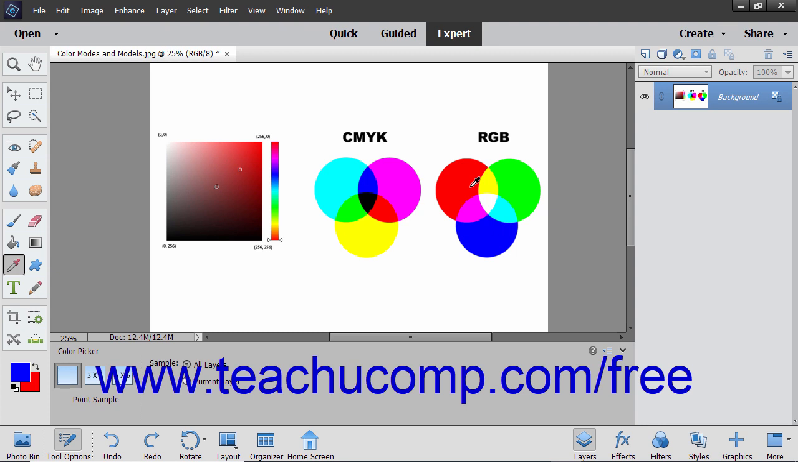To change the size of the point sample used by the Color Picker tool to select colors, after selecting the Color Picker tool, select either the Point Sample, Average 3x3, or Average 5x5 choice in the Tool Options bar. The Point Sample reads the exact color value of the pixel that you click with the eyedropper tool. The other two choices read the average color value of either a 3x3 or 5x5 area of pixels under the